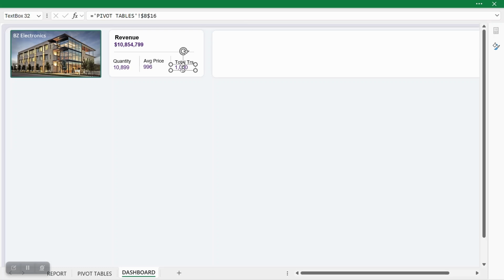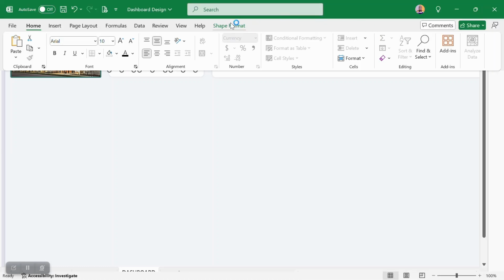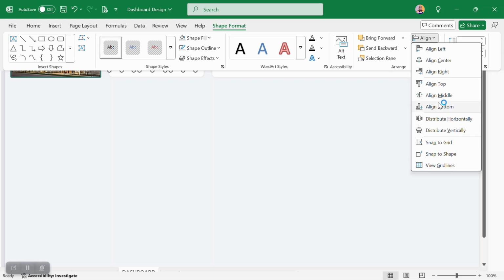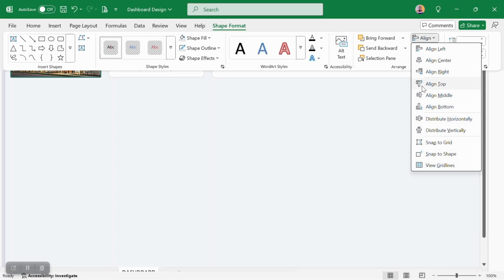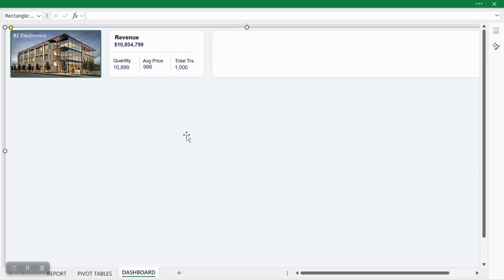Now the last thing I will need to do as far as this group is concerned is to make sure the alignment is perfect. So I will align them to the bottom and then I will distribute them equally, something like this. So I will repeat the same thing for the text boxes that captures the text itself. I will align them to the top this time around and I will also distribute them horizontally